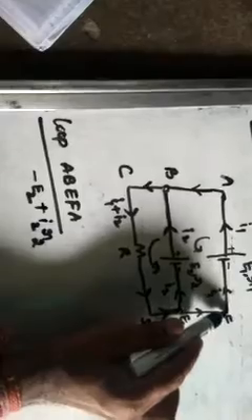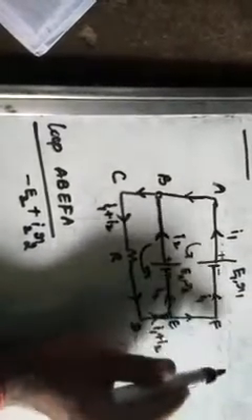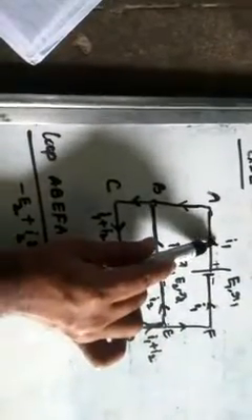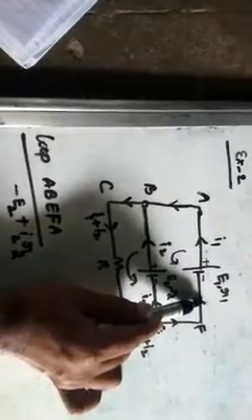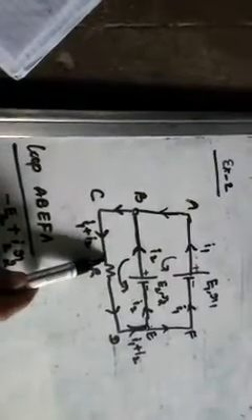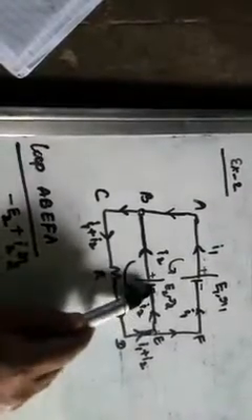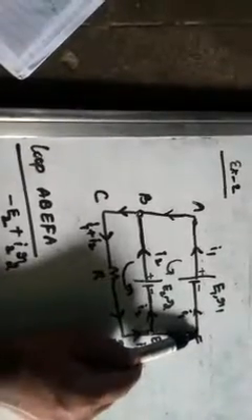B to E, E to F, no resistor, no need to apply V equal to IR, no cell, no need to apply. Next, F to A. Here from this cell I1 current is coming, so entering current is also I1. Keep in mind, from the first cell current I1 is coming, from the second cell current I2 is coming, both add as I1 plus I2. Then at this junction they divide, I2 going like this, I1 coming like this. So E to F nothing is there.